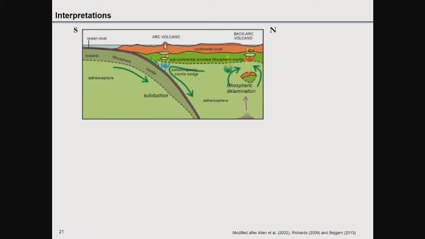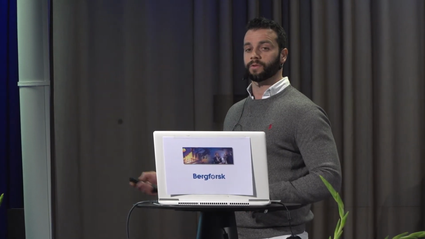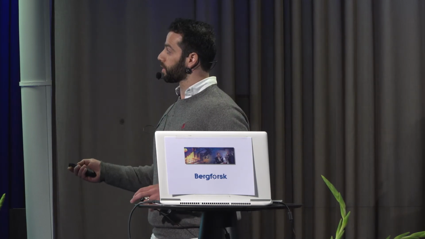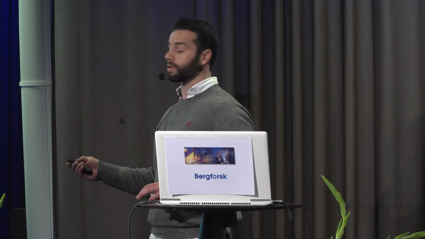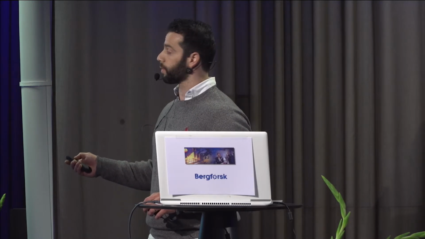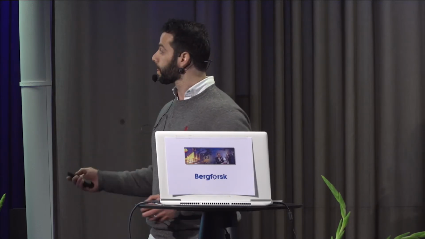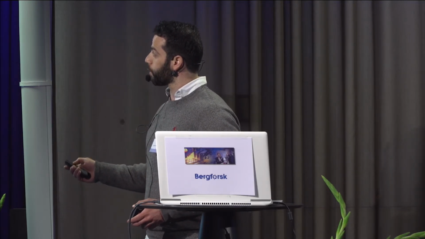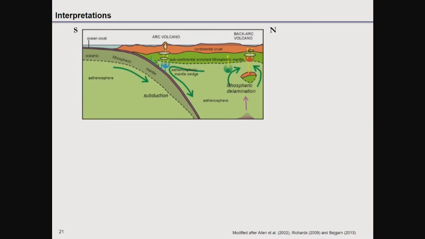Now, what does this all mean? Let's have a look at the very big scale. Let's say we have oceanic crust, and from previous studies we know that at 1.9 billion years we had an oceanic plate subsiding beneath the continental plate, which generated magmatism and formed an arc environment, which is the Skellefteå district. Our interpretation from this data is that we're not that far away from this, and the Norrbotten must be a